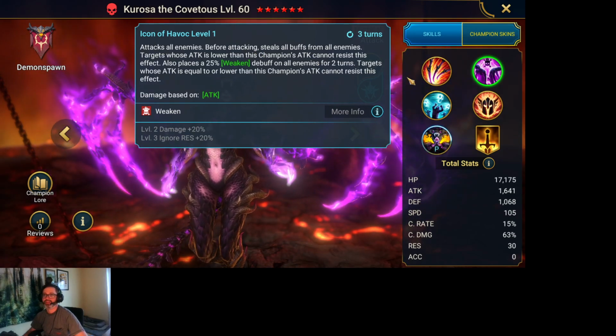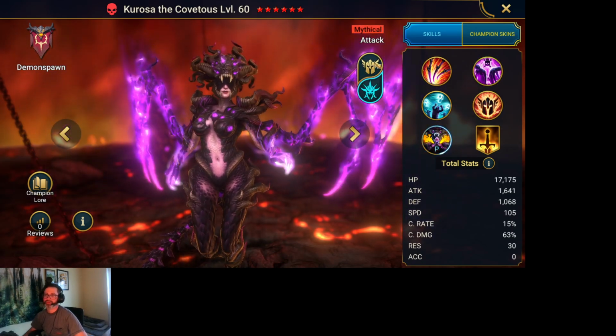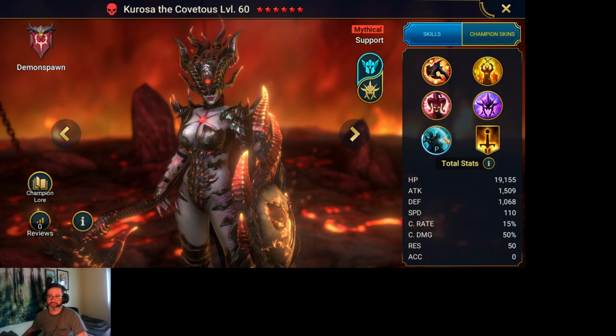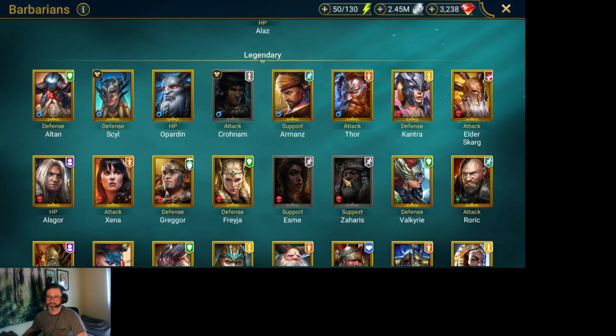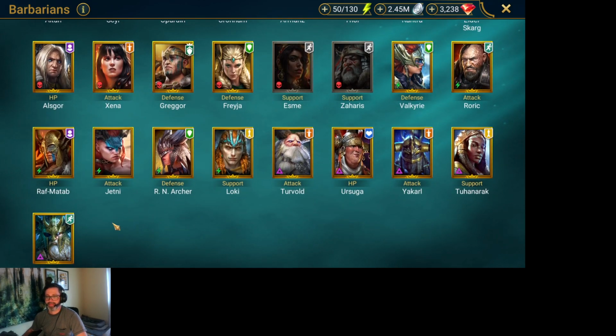Kind of on the fence here, but okay, I could understand it. So second form, Kurosa, fantastic. First form, kind of a waste. I'd much rather have Odin, to be honest. At least we know with Odin, if I could find you,